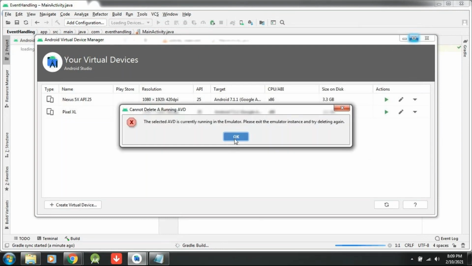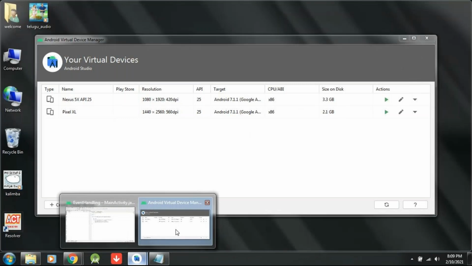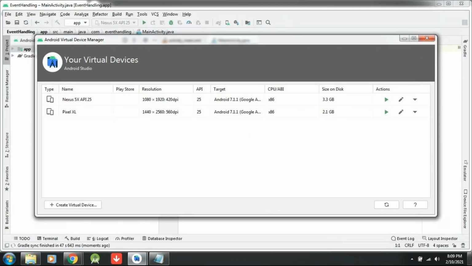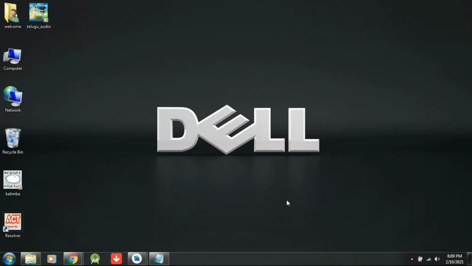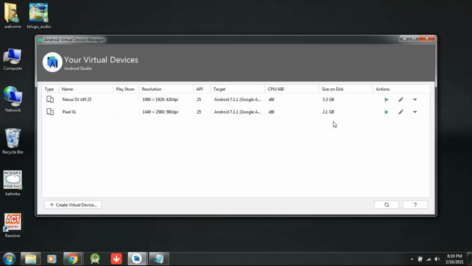It's currently running, but where is this emulator? I didn't find the emulator. One second, let me check. I didn't see any emulator out there. Let me start this one.